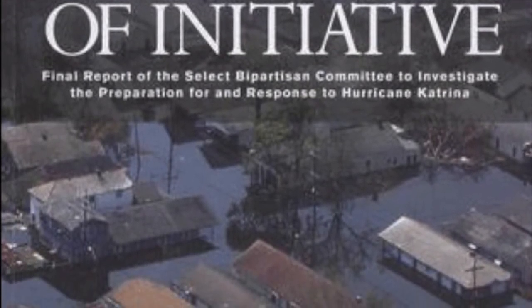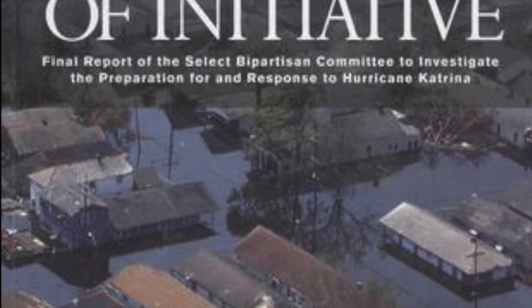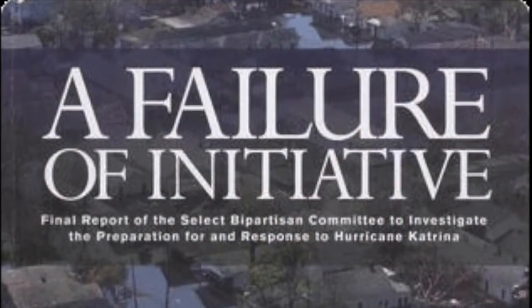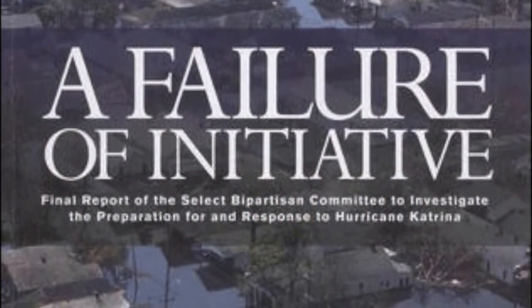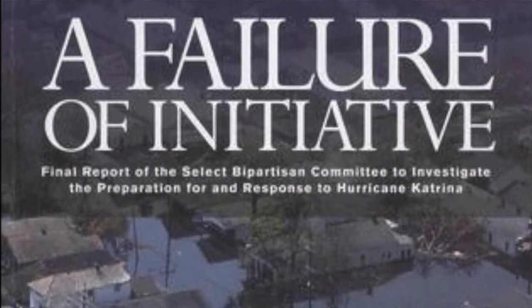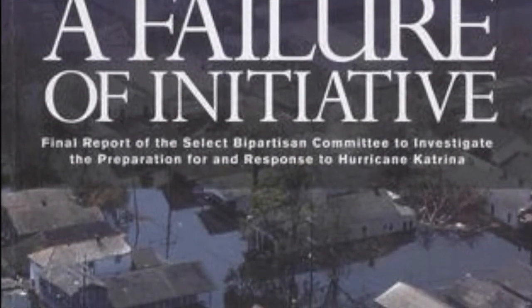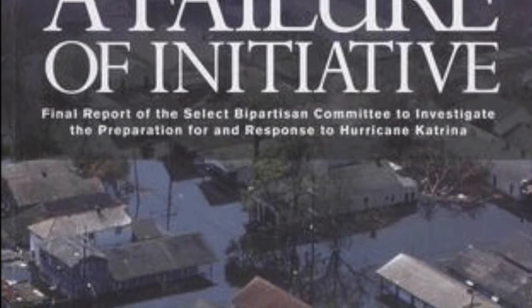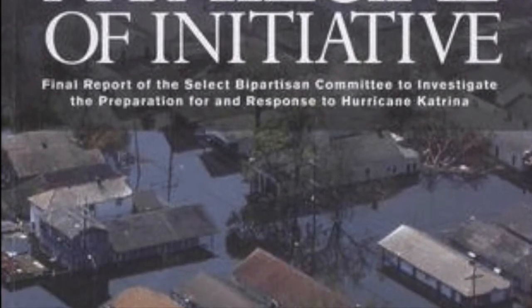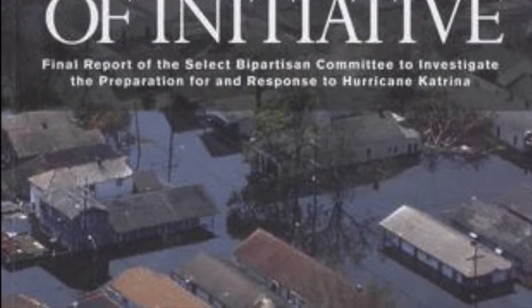The whole idea behind putting together a report is for Congress to use this when making future decisions, trying to prevent another tragedy from taking place. So the Select Committee's report on Hurricane Katrina, for example, is supposed to be used by Congress to look at the failures of the federal government during that situation as a way to try to prevent that type of failure from happening again. So those are called select committees.